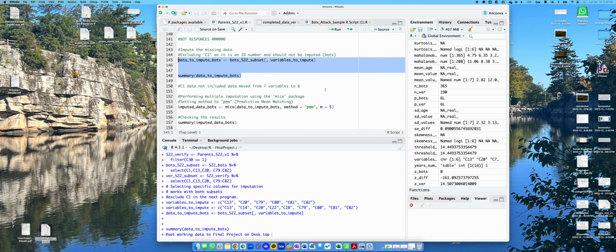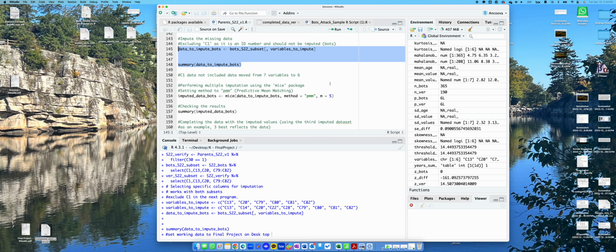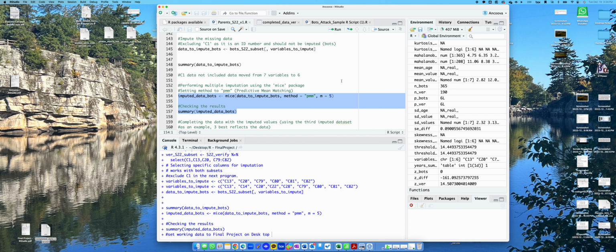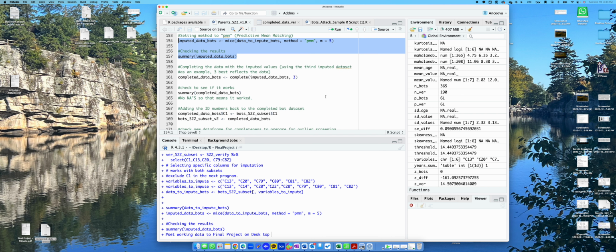And then we had data not included from, I had 7 variables. I took it down to 6 to run. Again, those are the pieces that I found important for this particular project. And then form multiple imputations from the mice packages, and then also set the method to PMM, predictive mean matching. Ran that program, and then use the third input data set. 3, as in the class, basically works the best from professor's time period. So I ran that data,